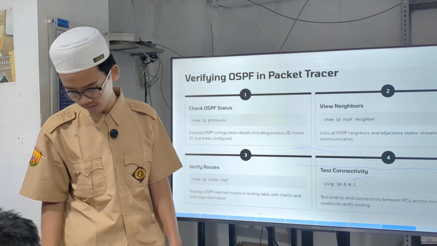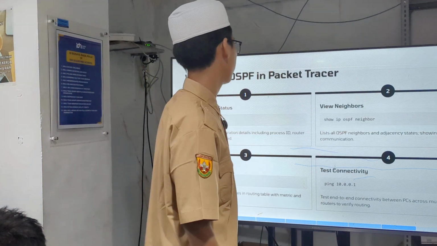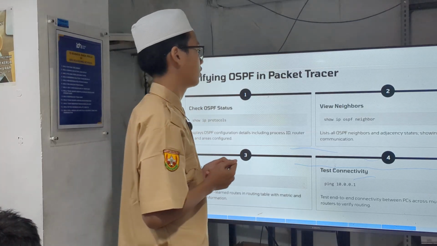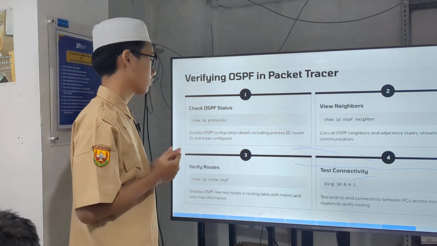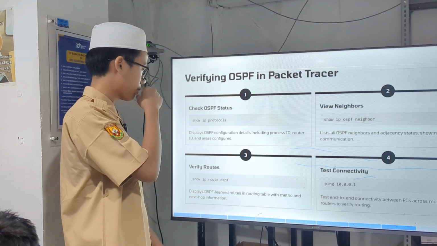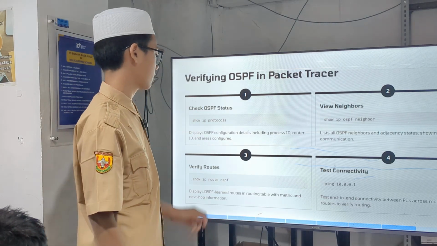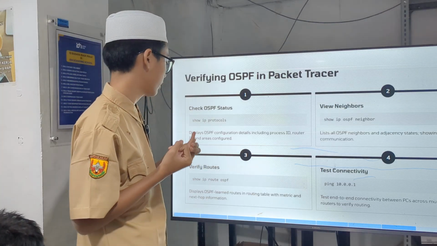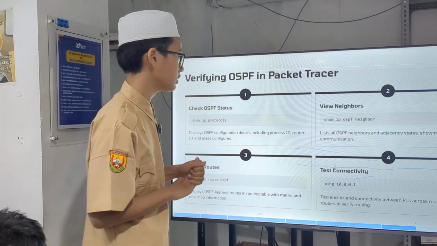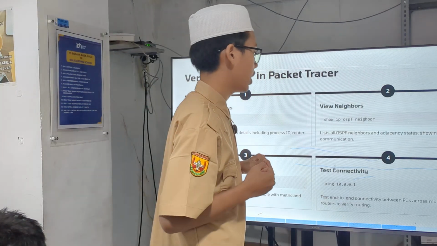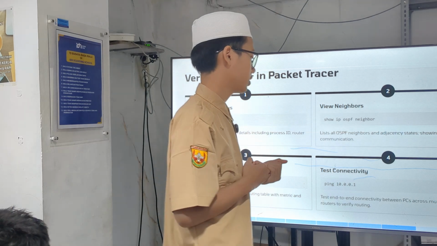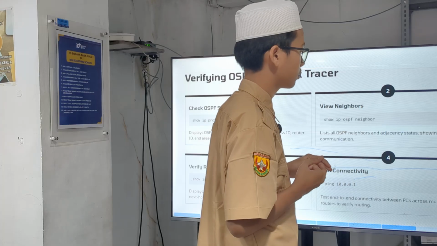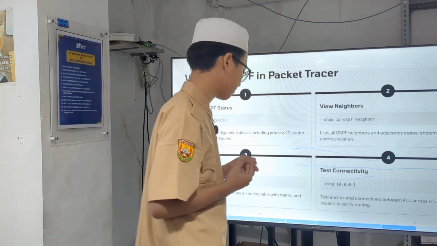Next point, verify the OSPF in Cisco Packet Tracer. After we configure OSPF, we can check it. First, we can use show ip protocols, which displays OSPF configuration details, including process ID, router ID, and area configuration. The second is show ip ospf neighbor, which lists all OSPF neighbors and adjacency states showing two-way communication.